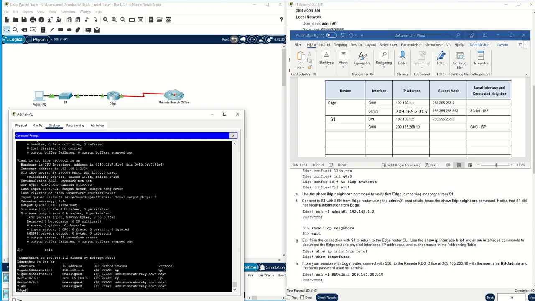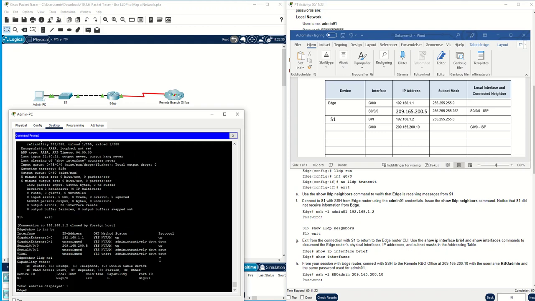And also show interfaces from your session with the router, connect with SSH to the remote RBO. If you write show lldp neighbor here,